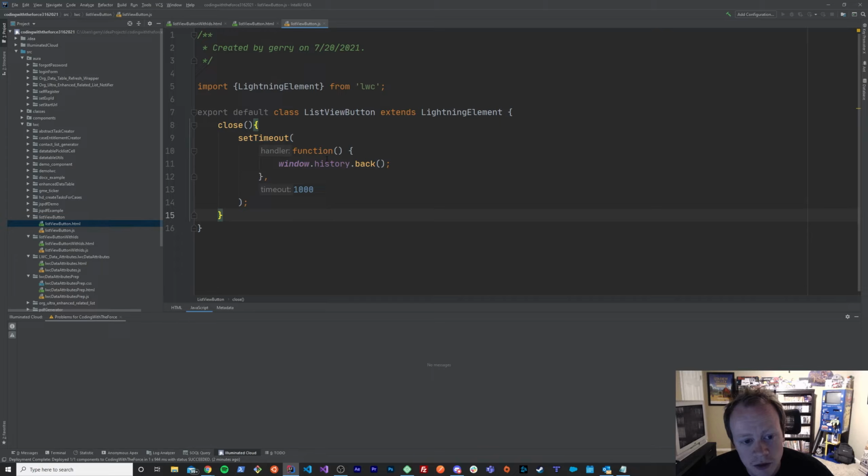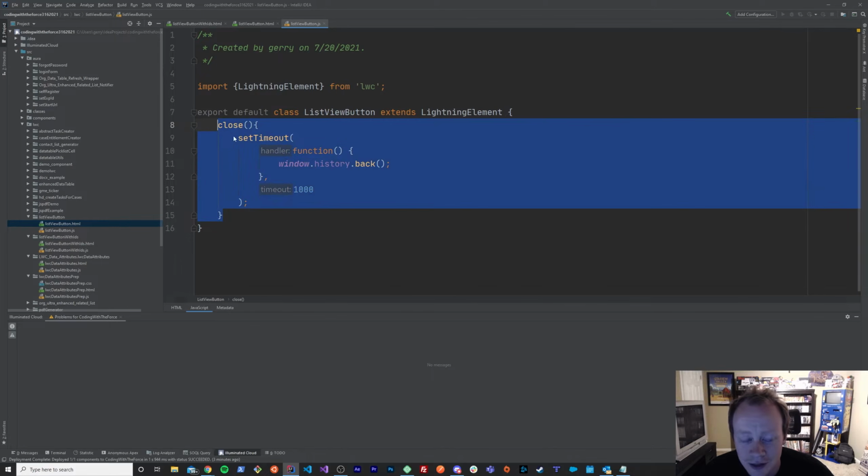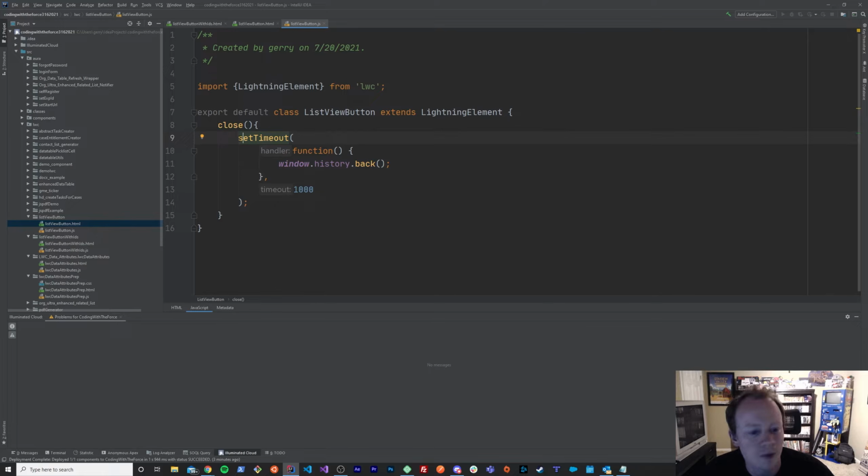This seems to be the most non-buggy code I could find to get this done. But I'm happy for somebody to give me an alternative if you can find one. So basically, this just